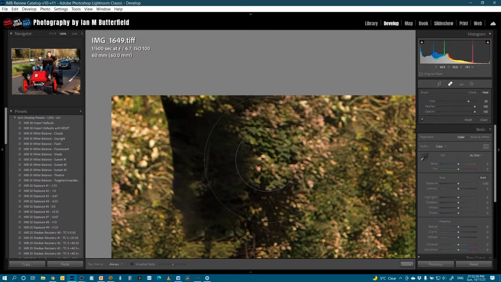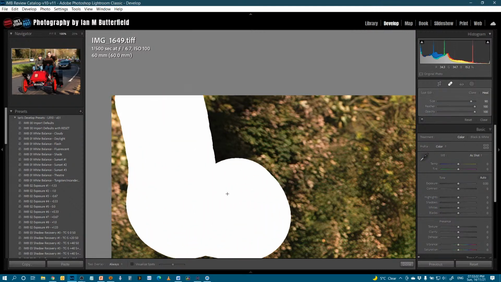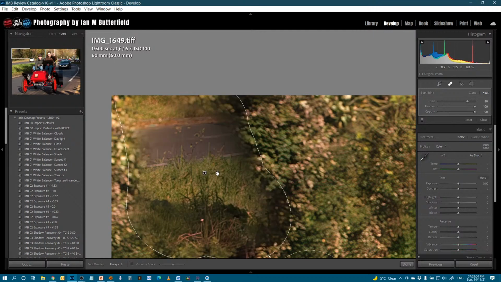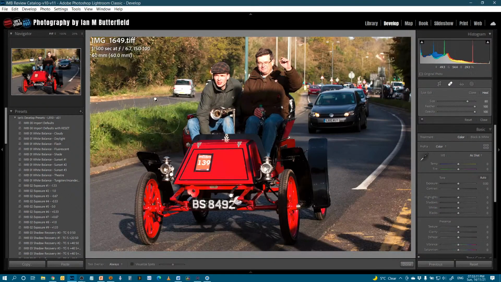So if I just take that down a little bit and just paint, I'm going to just try painting that whole section. I'm probably, oh yeah, I knew that was going to happen. Right, so now let's see where we can try and take that info from.